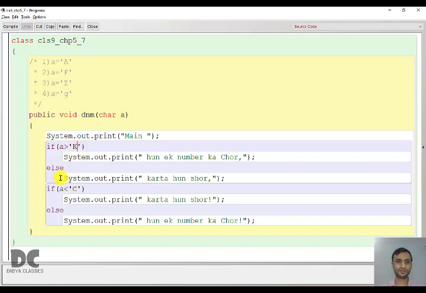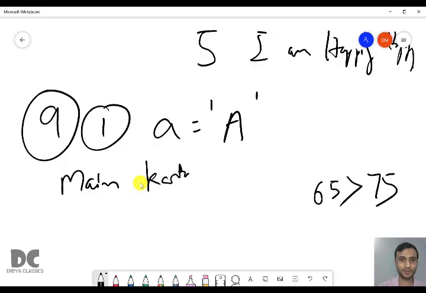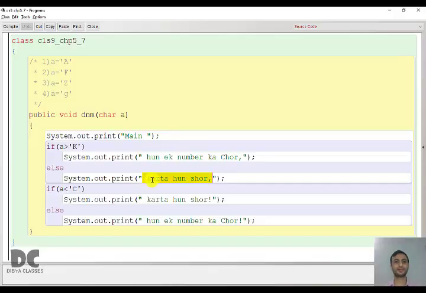False means it will go to else block and it will print "करता हूँ sure". So here you can see again I have not given any curly brackets. Why? Same rule applies. If there is only one statement inside if or inside else, it is not compulsory to give curly brackets.